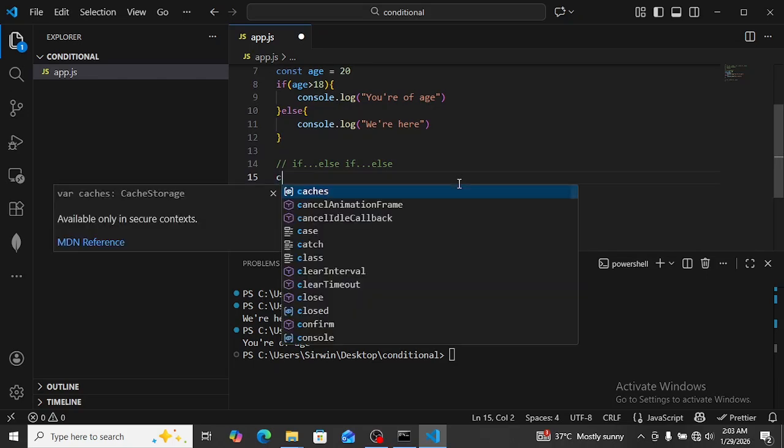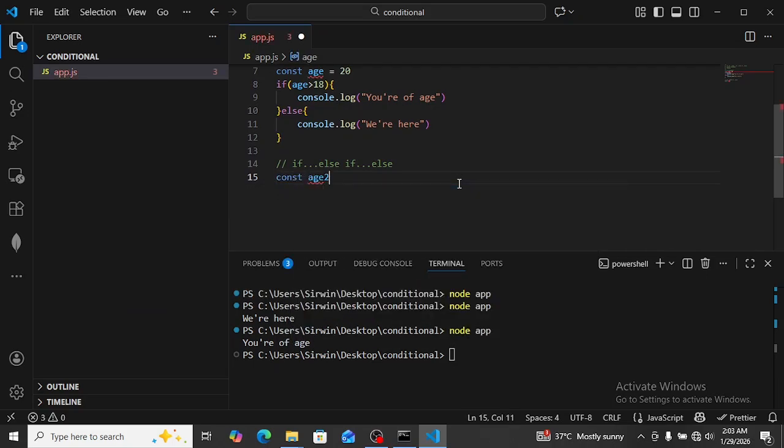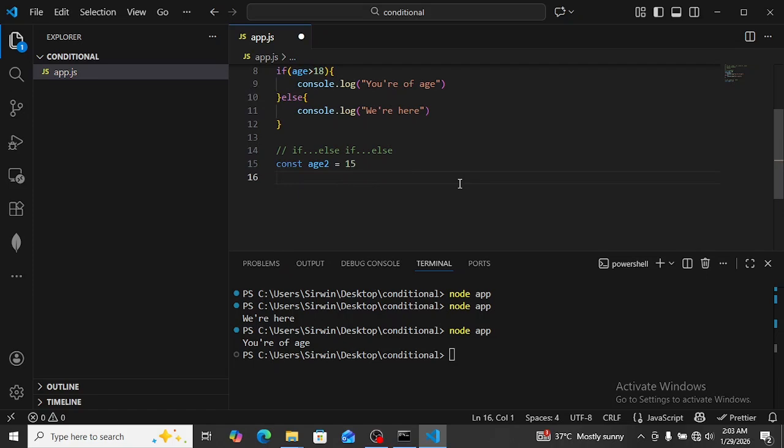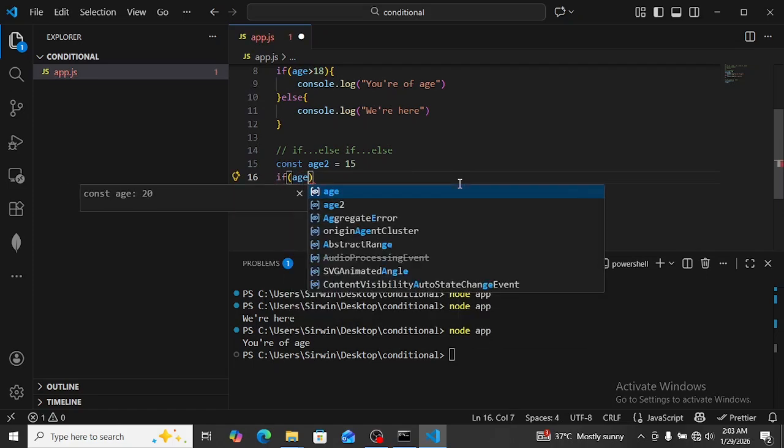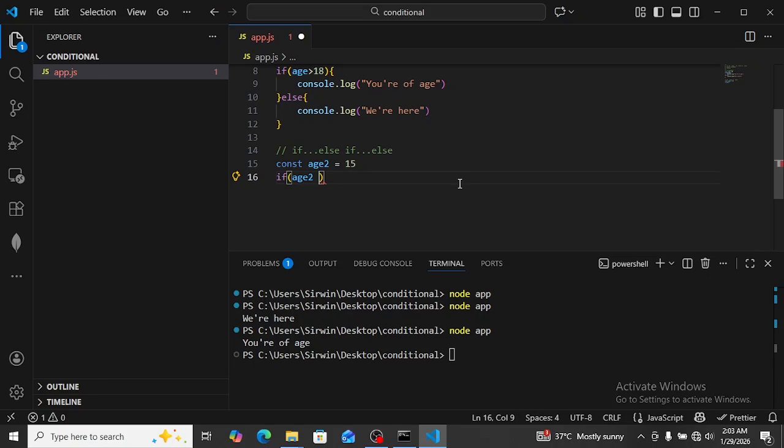Let me say const age2. I don't want to bother the other age. So let's say we have 15 here. I'll say if age2 is less than 18,